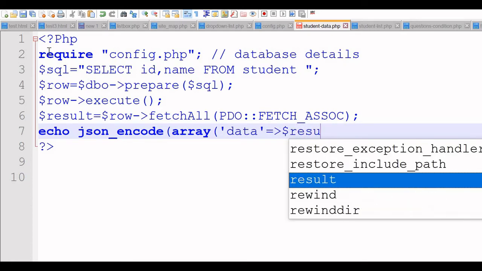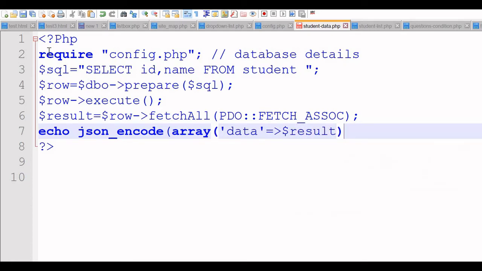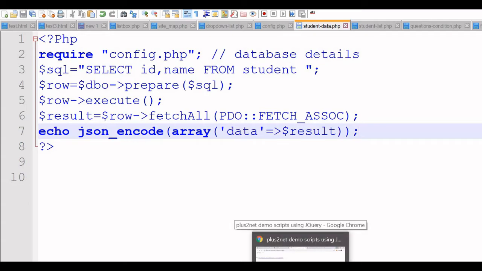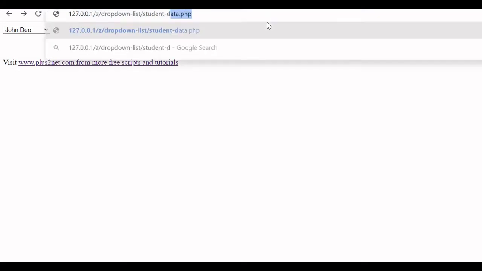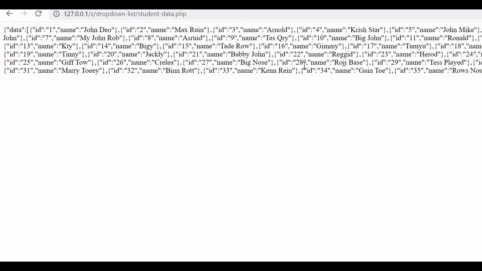This is our result. We close it here, right? So this is our PHP code to generate the JSON string. Let's save it. This is your student data. Let us go and see whether we are generating student data or not. Student data.php. Yes, we got the JSON string.